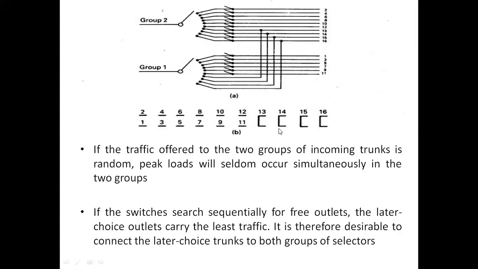We are combining the last four. The combining of the outlets of a particular group of switches is represented by connecting two dashes from each group. Are you getting this? This is the grading diagram. This diagram is called a grading diagram.